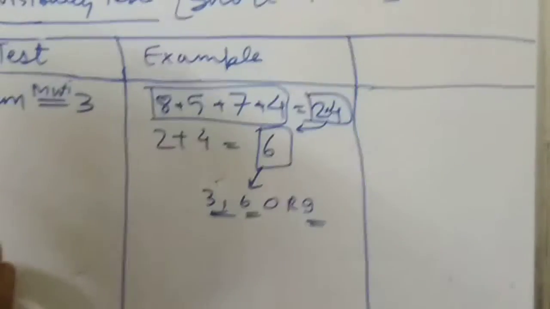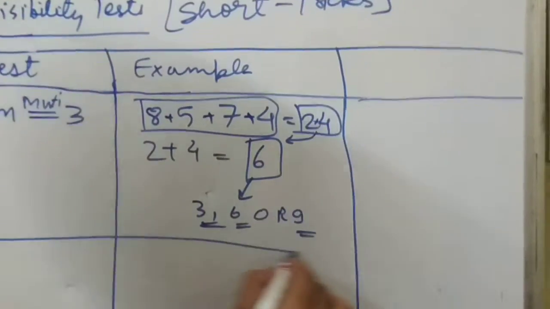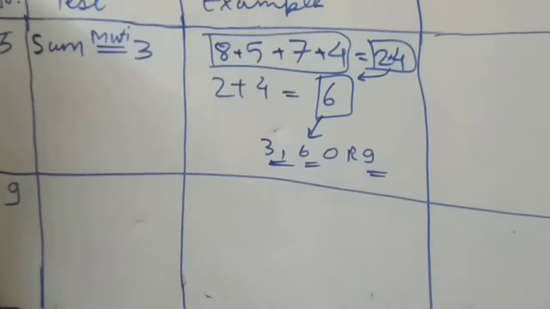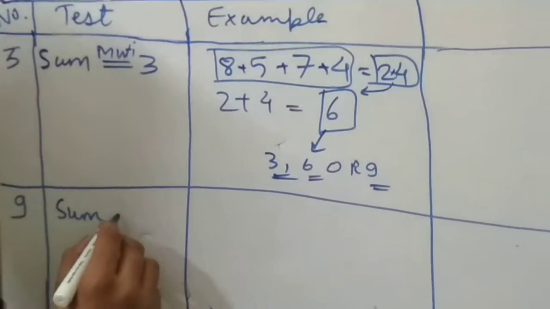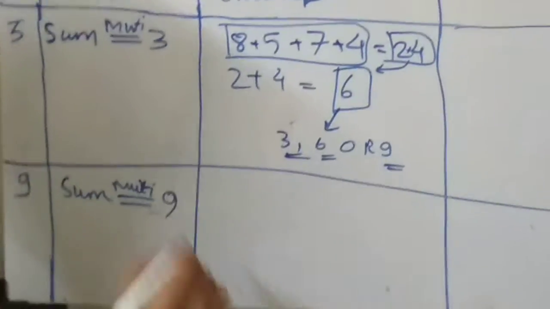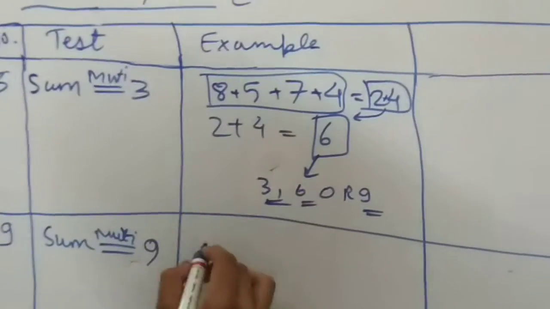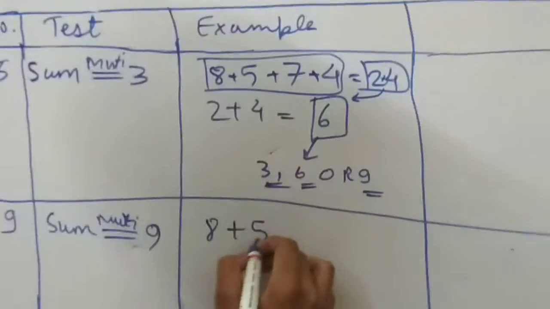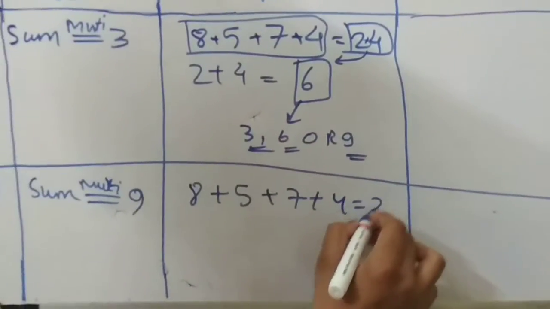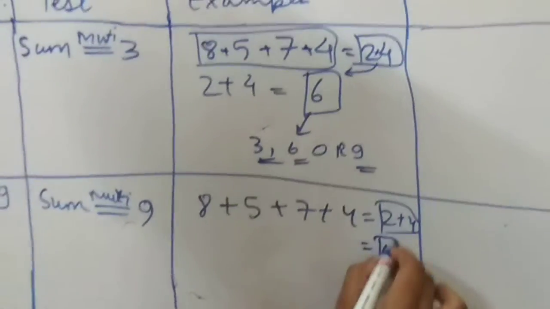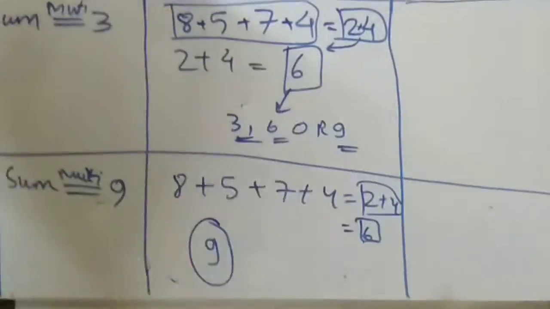Now, often in the books, in the NCERT book, 9 is also given simultaneously. Why are 9 and 3 both given? Because 9 also follows the same principle of sum of digits. But the difference is that here it requires only 9. In 3, you can see there are 3 cases, but in 9 only one case. If I check the same number, the sum is 24, and its digit sum will be 6. 9 requires only 1 case, that is 9.